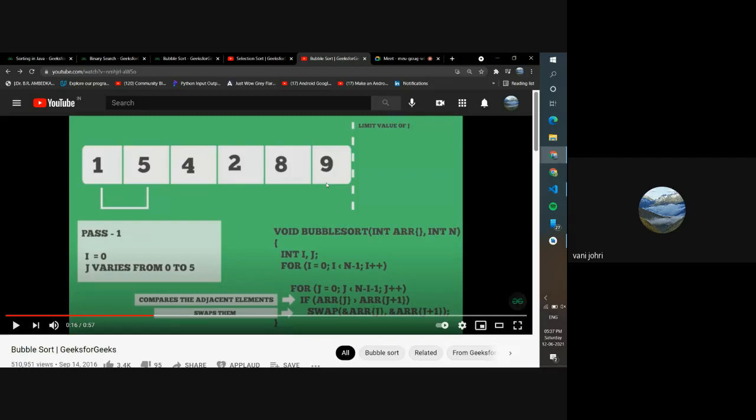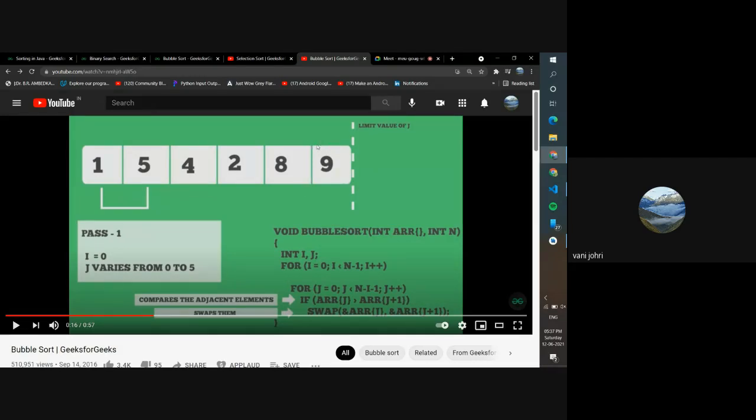Why do you not need to change it? Because you're putting it in ascending order. The last number should be the largest number, so it is the largest number now. So you don't need to compare this anymore. There's no need. It's like redundantly comparing. It's always going to be bigger. So instead of going through the whole thing till 5, you want to go till here.